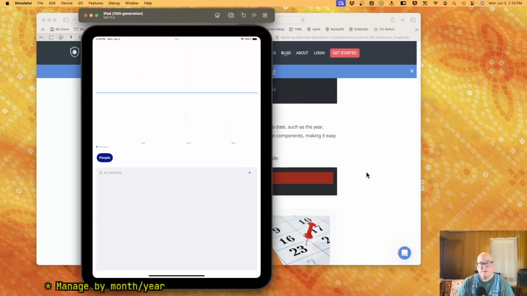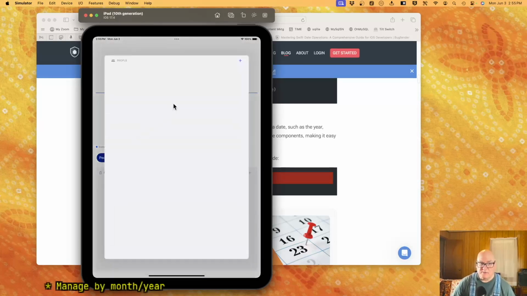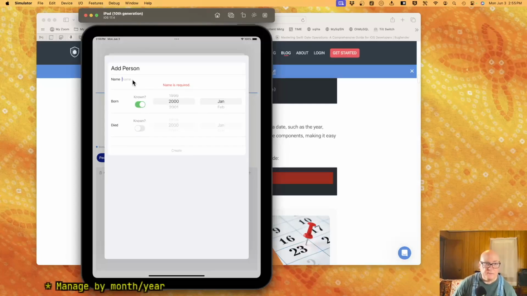And Swift seems to want it to be one based, or at least date formatter does. But everything so far has been zero based because we want January to be the zero. So let's get BB. Okay.